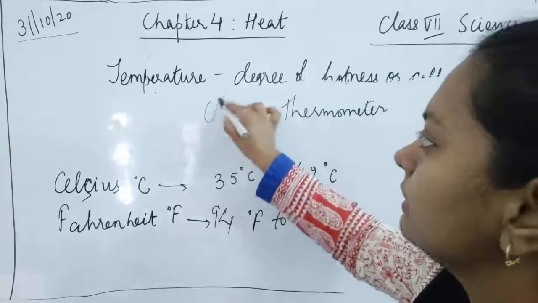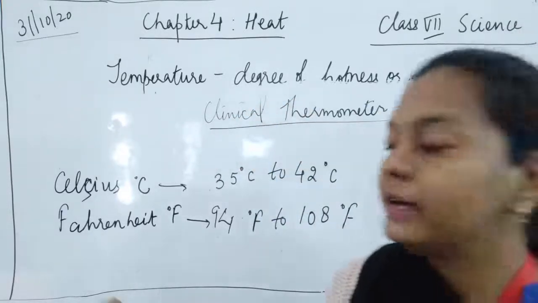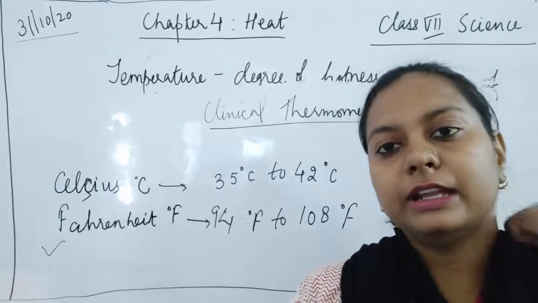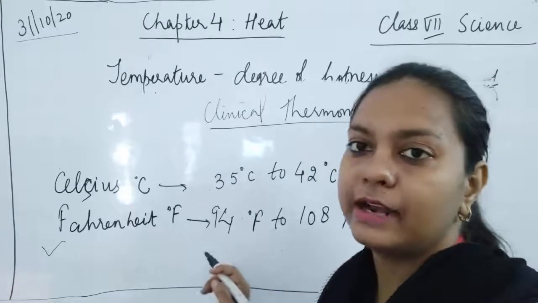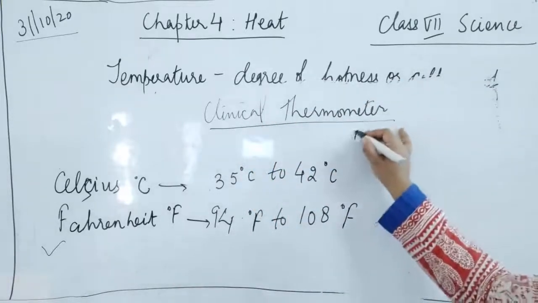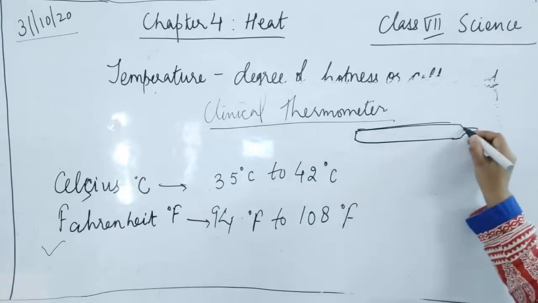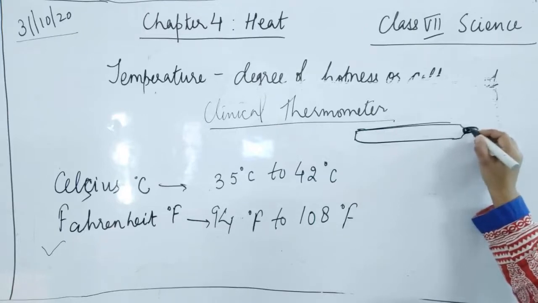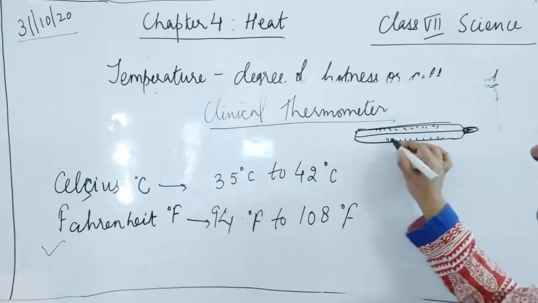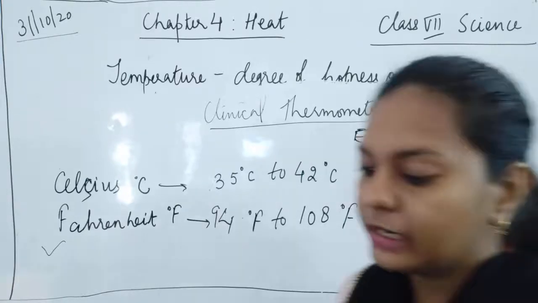So the thermometers, we talk about the clinical thermometer. The clinical thermometer is the thermometer which measures the body temperature in Fahrenheit. Nowadays the temperature measured in the digital thermometer is measured in degrees Fahrenheit, whereas the glass thermometer, which I drew yesterday, has a glass body and a bulb. Okay, and this bulb has mercury inside and we have a scale. So on this type of thermometer, one side is degree Celsius and one side is degree Fahrenheit. So you can get both the temperatures.